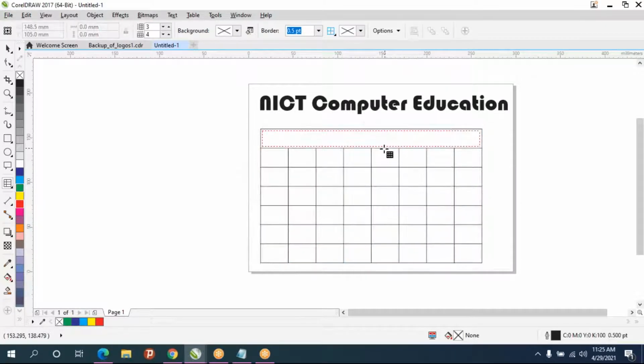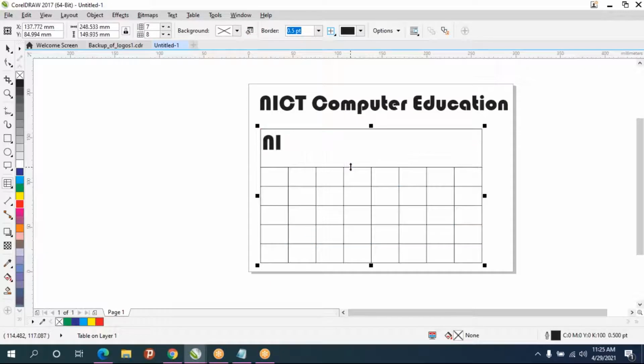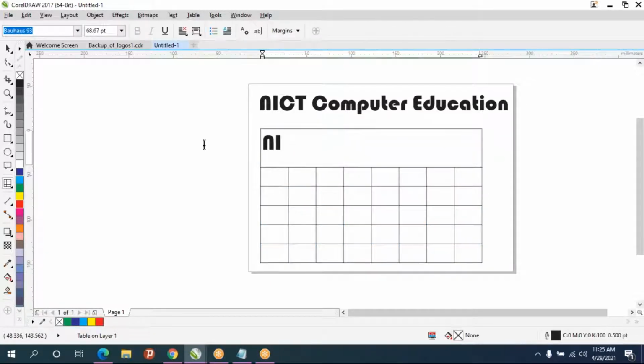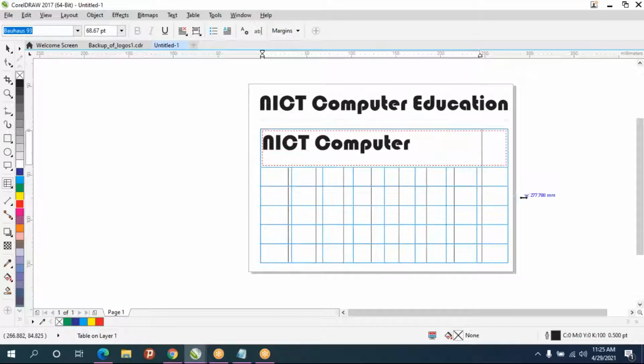And you can increase or decrease the width and the height of the cells. Just move the mouse to that. If it shows red color line means still some text is there, you have to expand it.